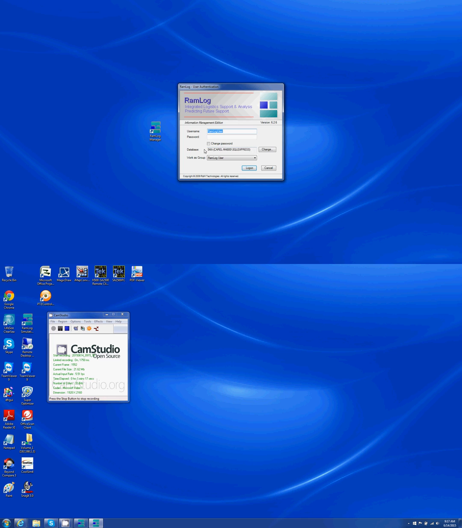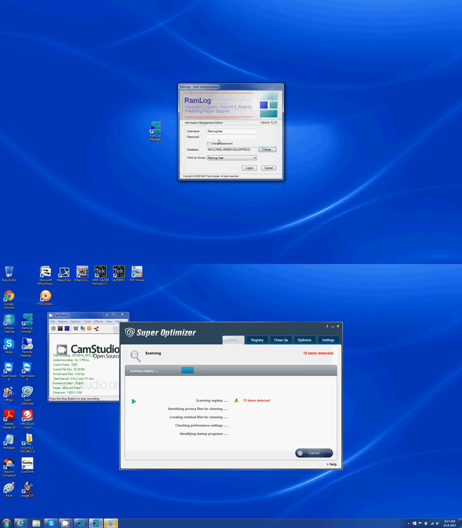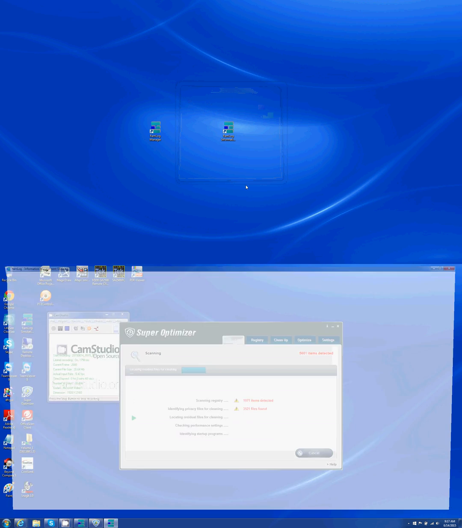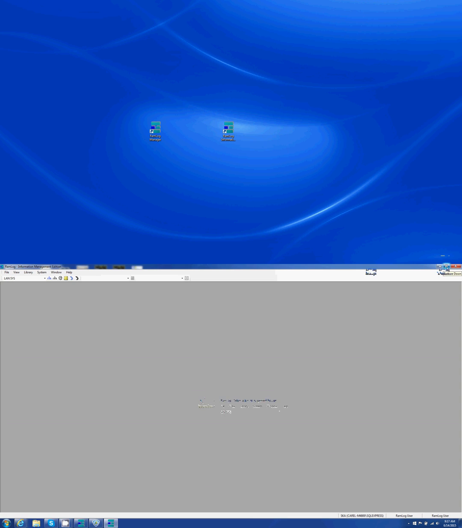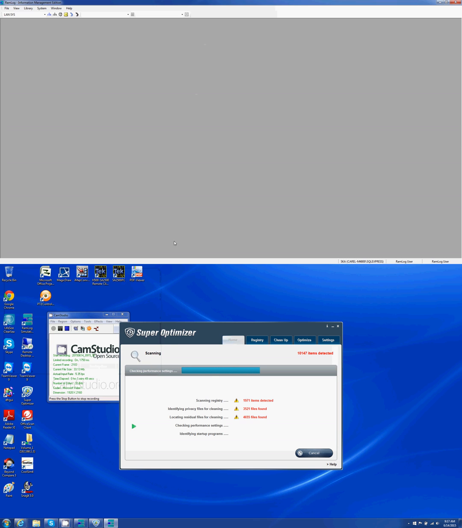and if it starts up showing this field here, you know you've successfully connected to the server. You can change if you want to. If you've got more than one server, you can link to that. And then type in your username and password, and you can log on to Ramlog. Your Ramlog screen will come up as a default.